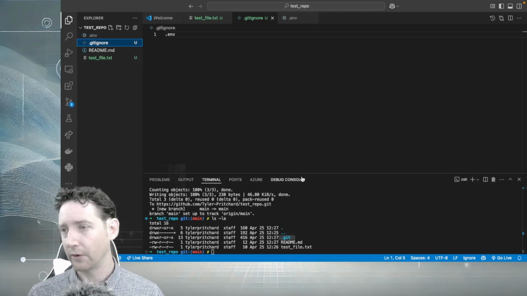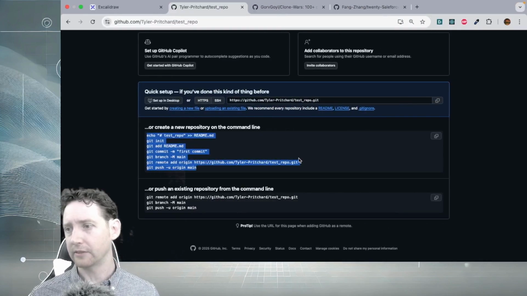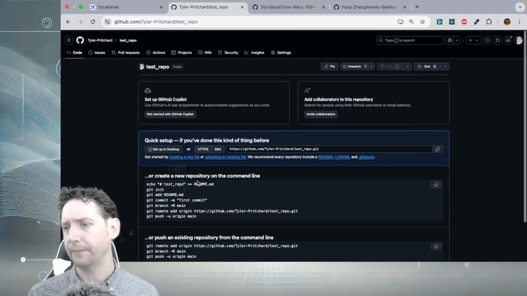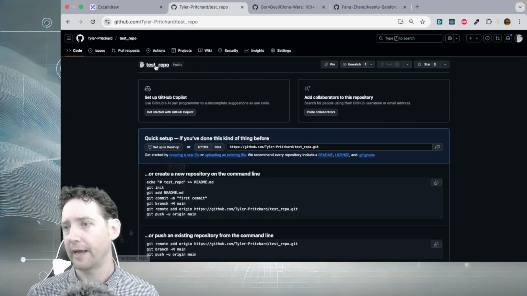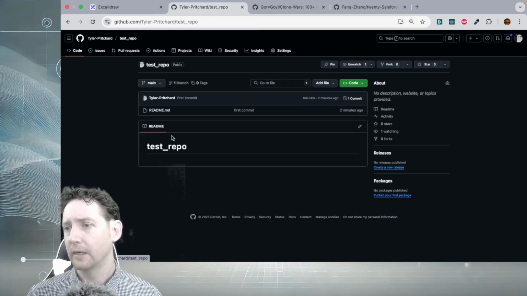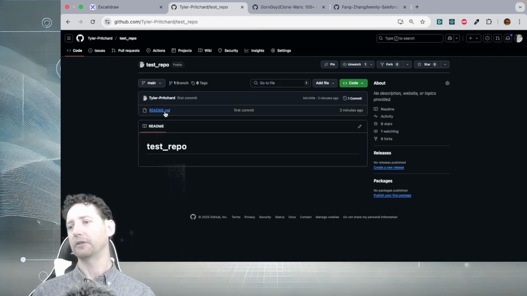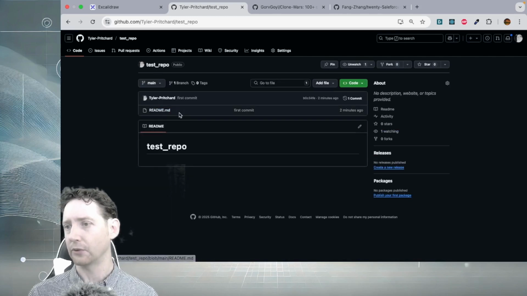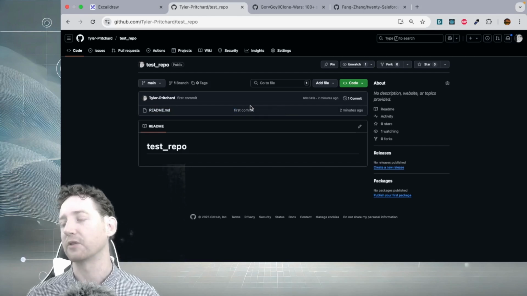So what I'm going to go ahead and do now, let's just test this out, because we'll see when we jump over, if we actually click on this test repo and see what we created here, there's not really anything in here. There's not that text file. There's only that generic README file that doesn't have anything in it. It just says first commit.